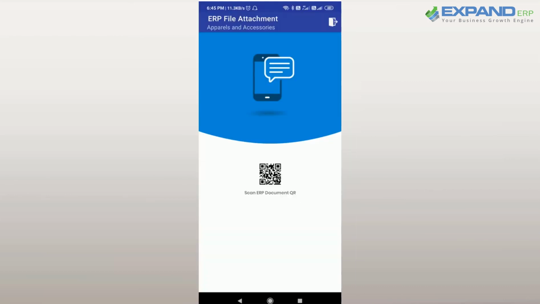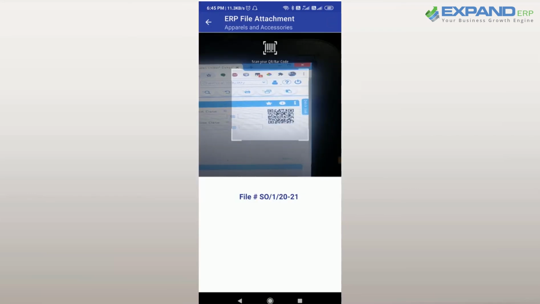Another most important app is the file attachment app. So in ERP, we have a concept of file attachment in every transaction level, at the vouchers level, at the product masters and the customer masters, so that any important document can be attached, any invoice, any purchase order, everything can be attached into the ERP and can be accessed from anywhere. So to ease the functionality, we have created an app where the person can use the mobile camera, scan the document and simply attach it to a ERP transaction.